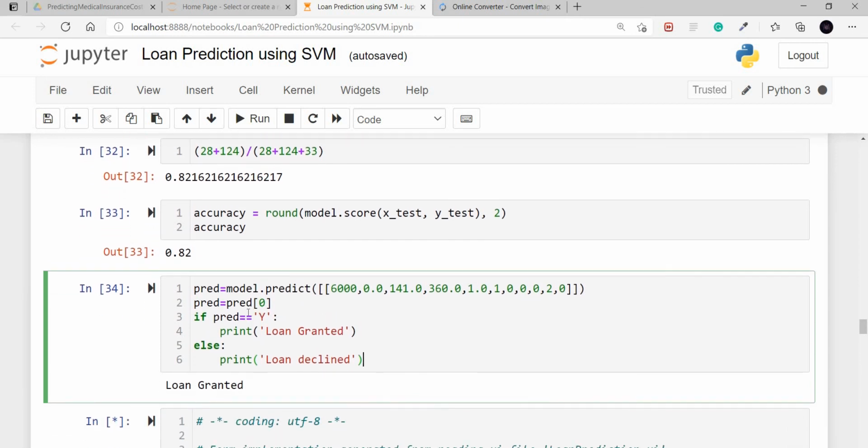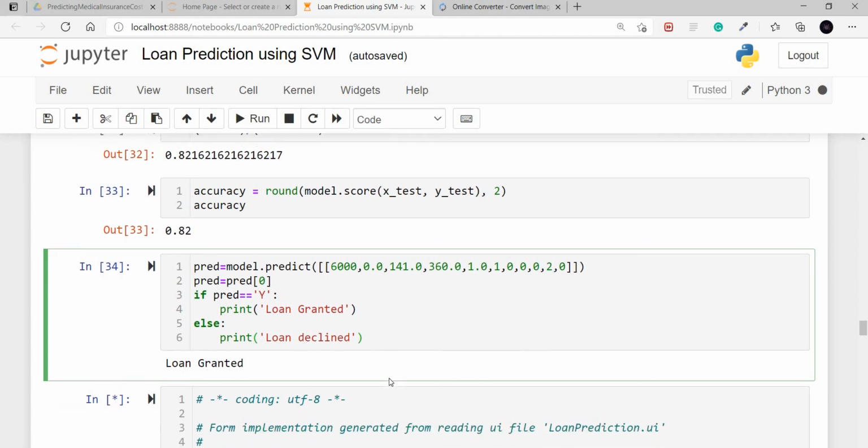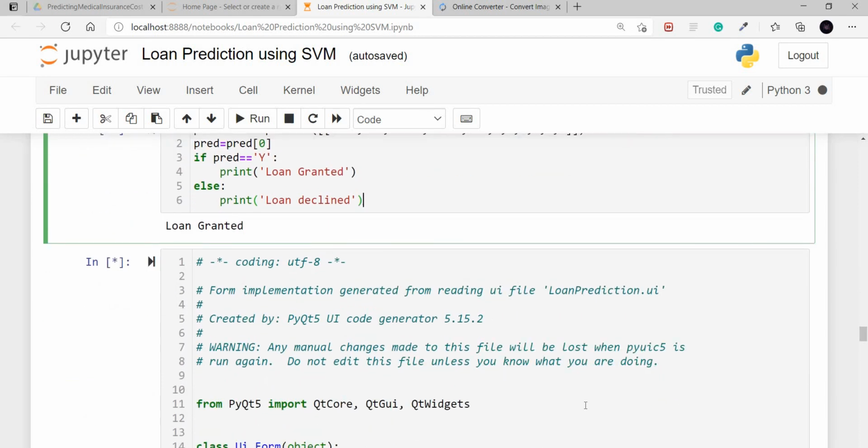So I am storing the predicted value as spread of 0, because this prediction will give the result in a list. So I'm extracting the value from the list, and if spread is Y, it means loan granted, else loan is declined. Now I'm doing the same with PyQt5.